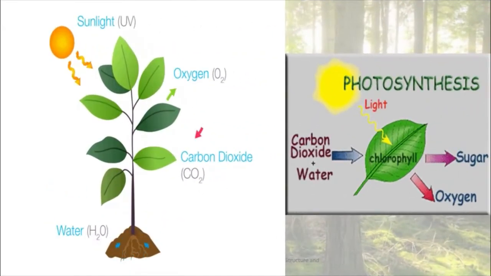Apart from that, we learned that plants need food and that food is prepared by the leaves. Okay, and how is it prepared? By the process of photosynthesis. Plants prepare their own food with the process called photosynthesis. Okay, so the very important part of the plant in order to prepare food is the leaves. So the next part of the plant that we are going to discuss is the leaf.